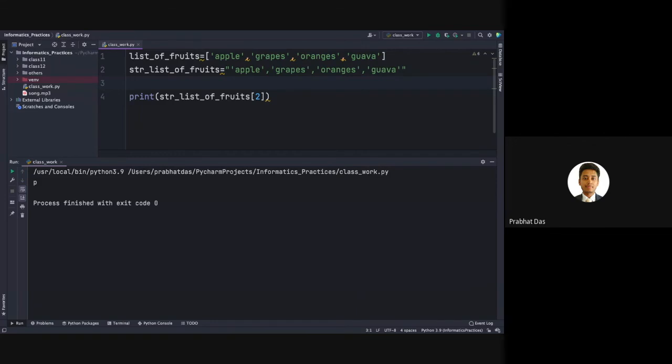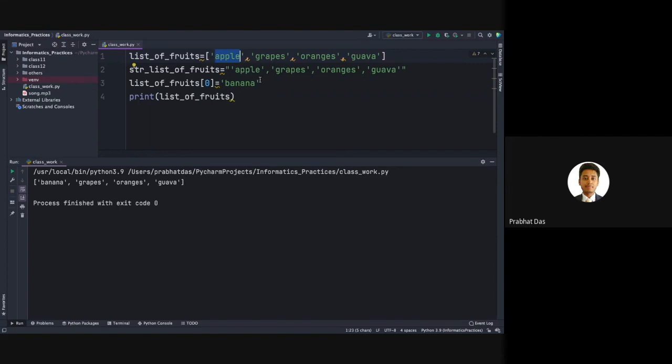Let's say I want to change the fruit from apple to some other fruit, banana. Now when we print the list of fruits, you can see that we get banana, grapes, oranges, and guava. Why are we getting that? Because initially we had apple in the index position 0, but I have updated it to banana, so that's why we are getting banana.